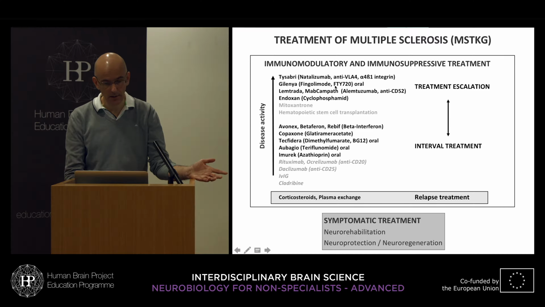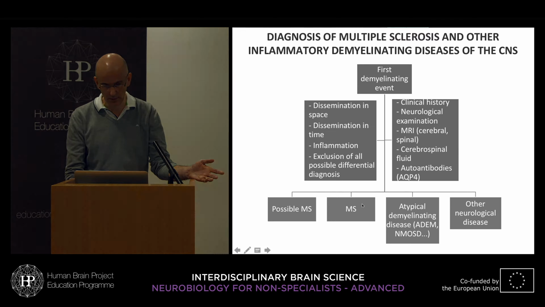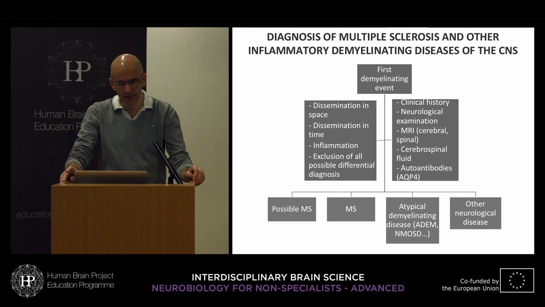As mentioned before, all of these treatments are anti-inflammatory. None of them affect the nervous system. There is also symptomatic treatment like neurorehabilitation and neuroprotection, neuroregeneration, which plays an important role, but which does not modify the disease course. Last but not least, I would like to introduce you to the diagnosis of multiple sclerosis and